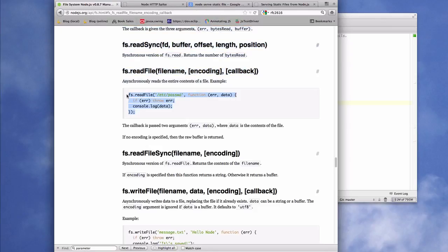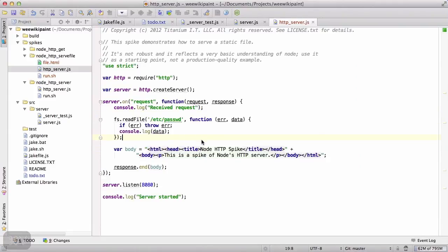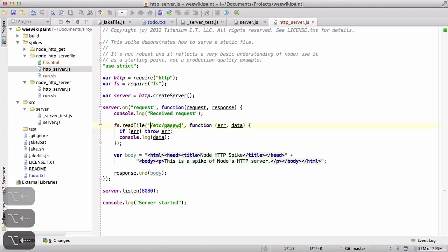People have spent years doing that sort of thing well, and that's not really what we want to do. So, but I think as a starting point, it will be helpful for us to do this, and then we will factor that out, and hopefully we can write our tests in such a way that the tests still work, even though we change the implementation out from underneath them. So we're going to want the file system module, and we're going to say, let's read a file. In this case, what did we call that? File.html. We pass that a function,